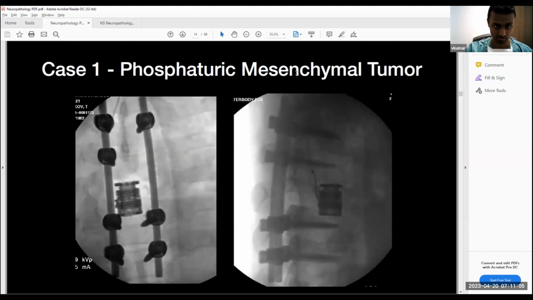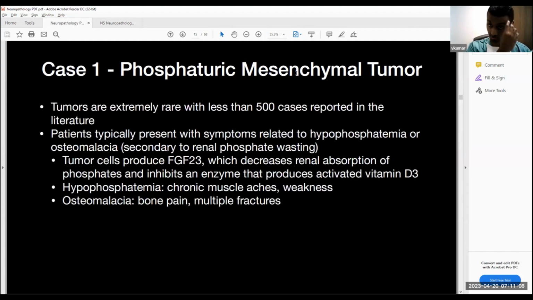So these are the images. They look good. So just a little bit about this, extremely rare, less than 500 cases reported in the literature. So most common presentation is actually not so much pain, but related to hypophosphatemia or osteomalacia, which leads to muscle aches, kind of generalized weakness, bone pain, multiple fractures, not only at that tumor site, but